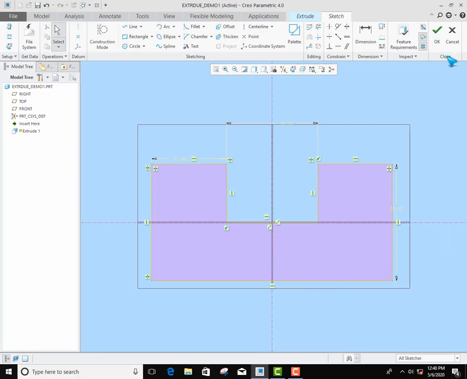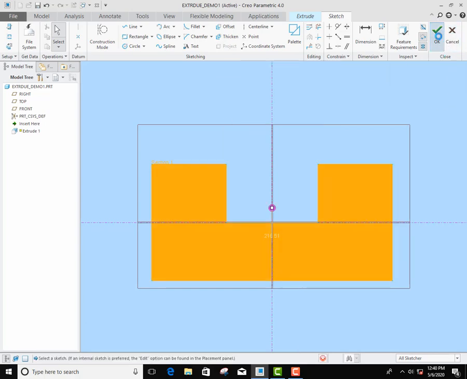So you can simply click on this one, and it will show whether your profile is a closed entity or closed loop sketch or not. Okay, after the sketch is drawn, click on OK, which is available in the ribbon area. If you don't want to continue, click on cancel. Here I'm continuing with OK.